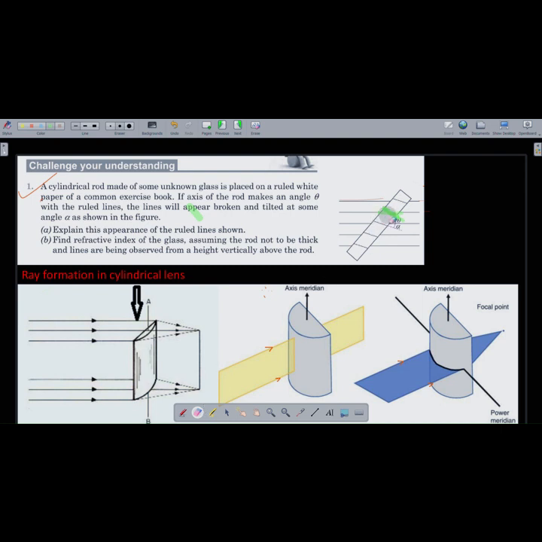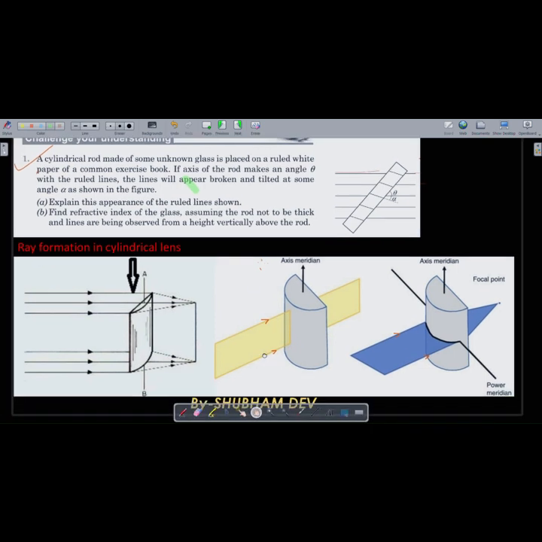So let us now understand the ray formation in the cylindrical lens. We have understood that the cylindrical lens is inclined at angle theta on the ruled line, and the light rays first are incident on the cylindrical lens, and the emerging rays are at an angle alpha from the ruled lines. So let us now analyze the ray formation in the cylindrical lens. Here you can see,